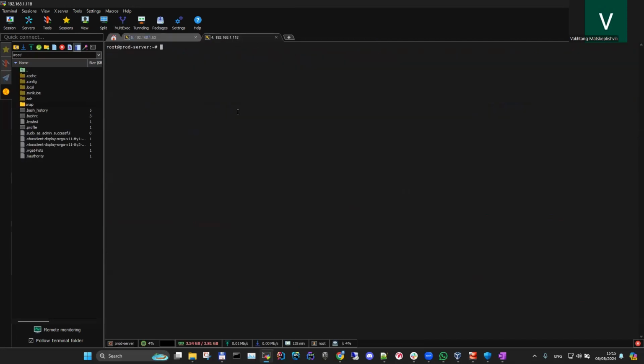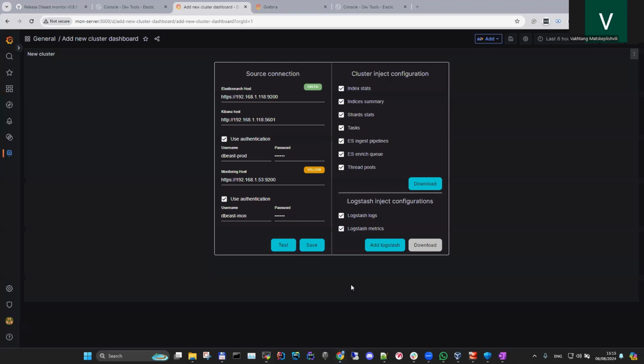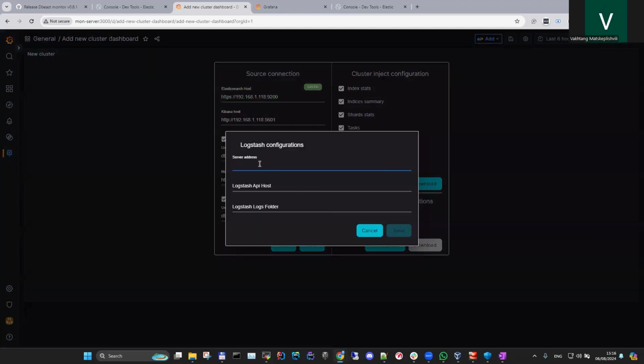Now, let's head back to Grafana. In the new cluster dashboard, add the new Logstash. Enter the server host or IP in the server host field, and the monitoring Logstash API host in the Logstash API host field. If you haven't changed the defaults in the Logstash configuration file, the default host is localhost, and